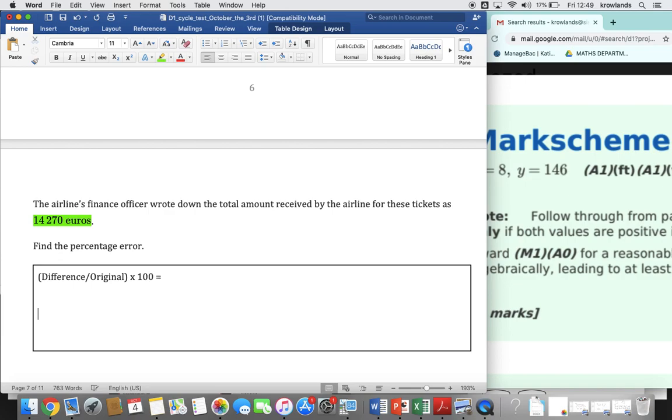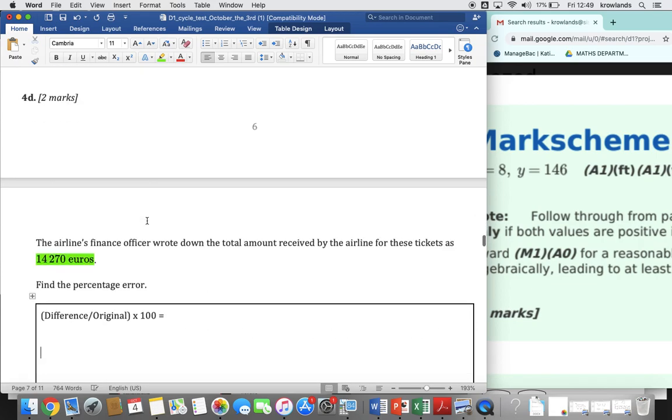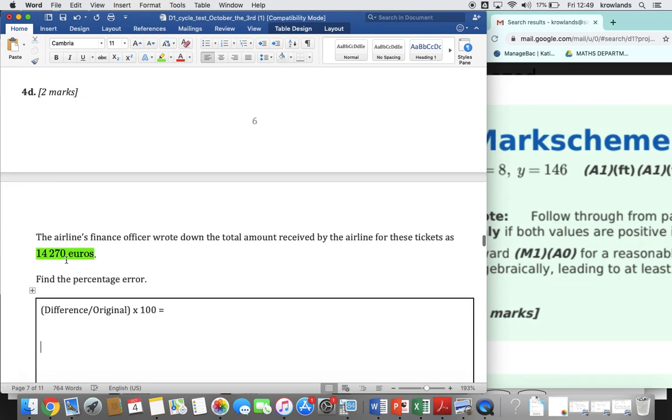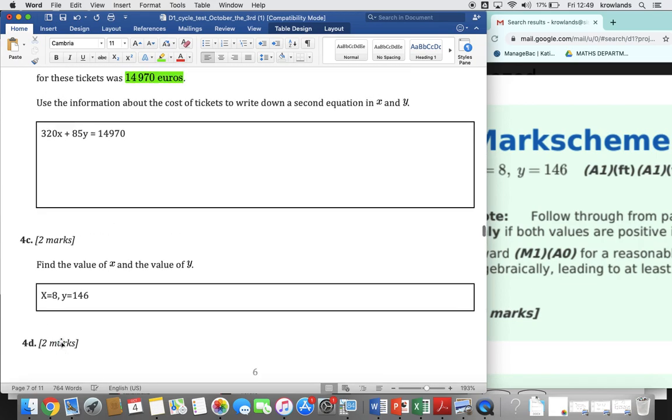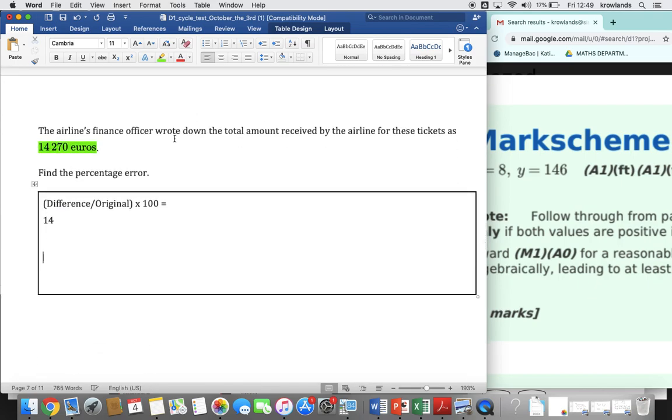So the difference between the original and the estimated. So I'm going to write down 14970. I'm going to divide it by